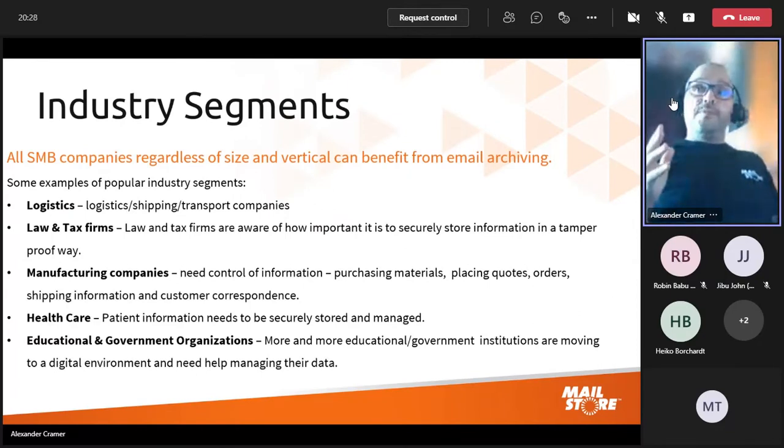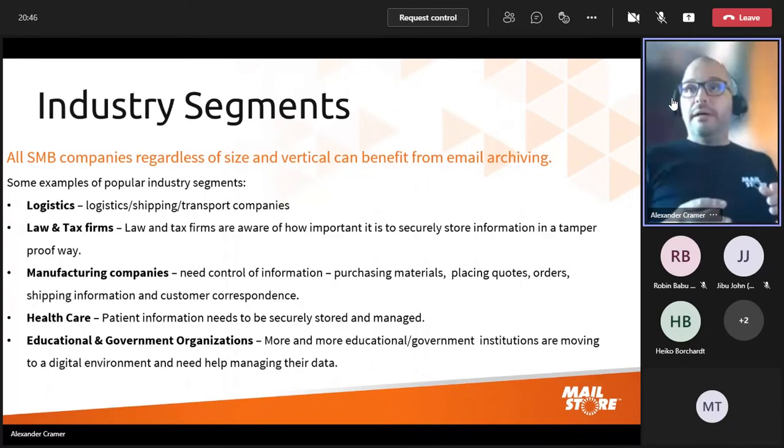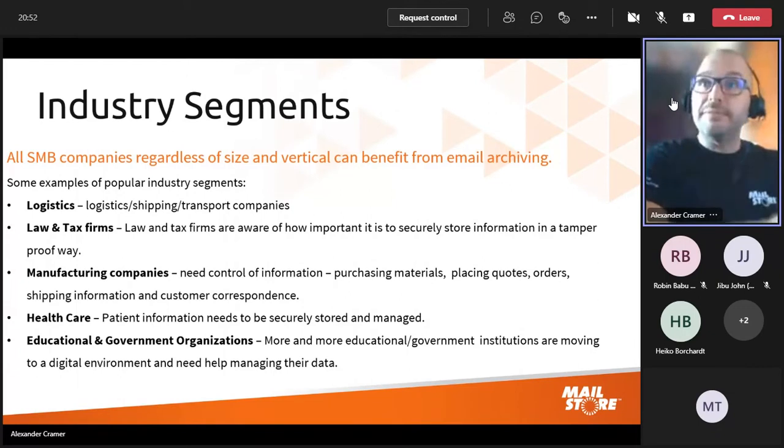Essentially, if we look at who's a MailStore customer, we have customers from all industry segments. So all companies, or all SMB companies, regardless of their size and industry, can benefit from email archiving. The more popular industries differ from country to country, but we have a lot of customers in the logistics and shipping industries,